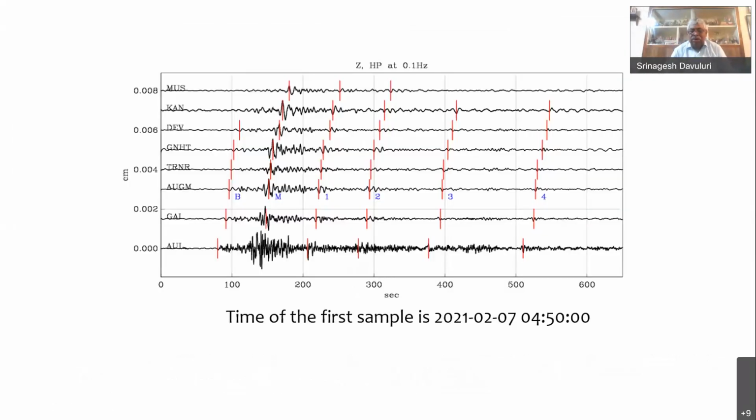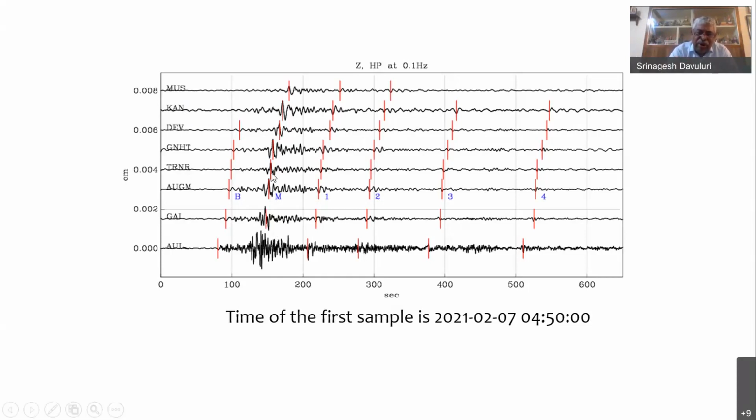And if you try to take this and filter the seismograms of the vertical components at 0.1 hertz, that is 10 seconds, this is Masuri, this is Karnaprayag, this is Devprayag, this is Triyugnarayan, this is Agasthamuni, this is Auli, and they have a host of stations. And Auli happened to be the closest to this event. So the major initiation of the process is very well picked up, the impact, followed by different flood flows which had happened are marked very clearly.